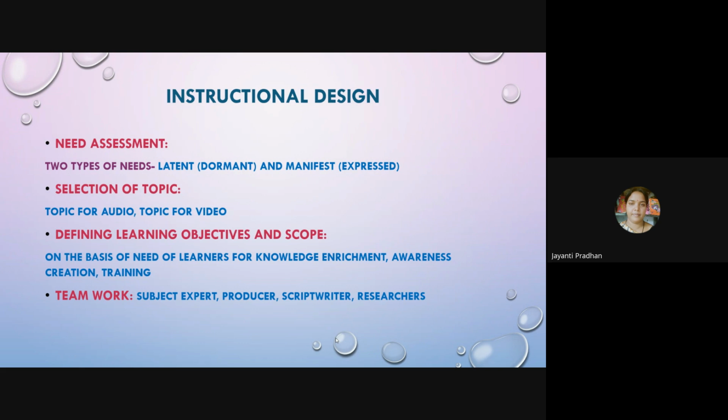Then defining learning objectives and scope. On the basis of knowledge enrichment, creating awareness, and training, on the basis of the need of the learners in this respect, we should formulate the learning objectives. And